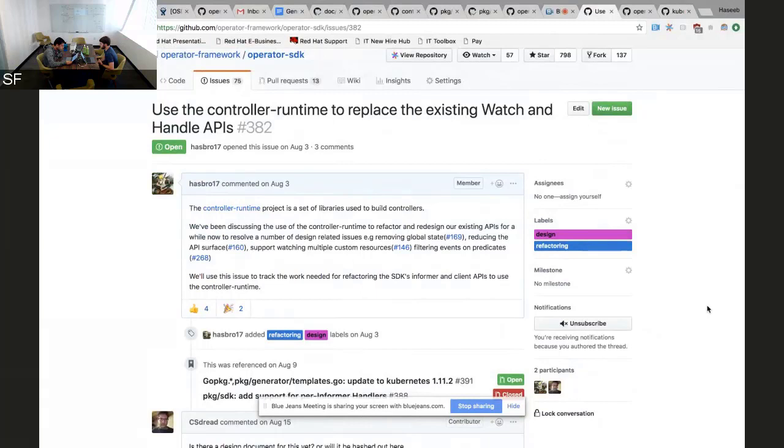So if you want to just read objects, basically get or list objects, you have to go through the API server every single time instead of being able to utilize the informer cache. There's other things like not being able to filter incoming events based on some predicates that could be specific to the application. And so there's quite a few issues that we did run into with the SDK